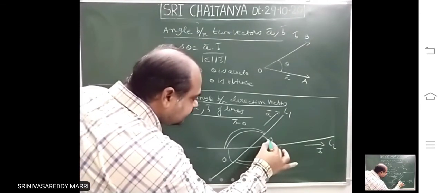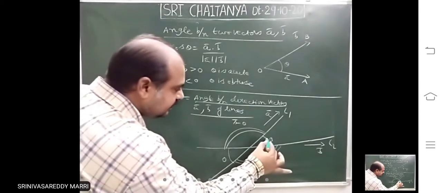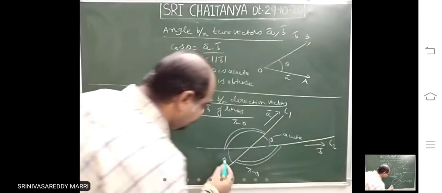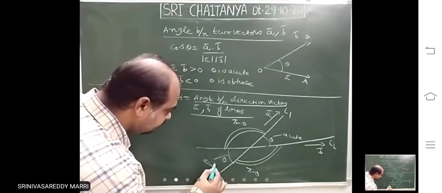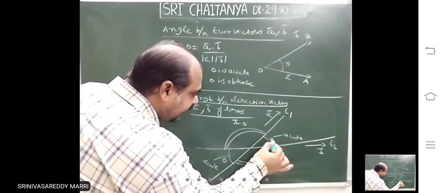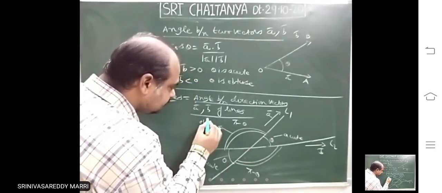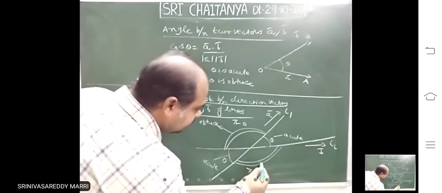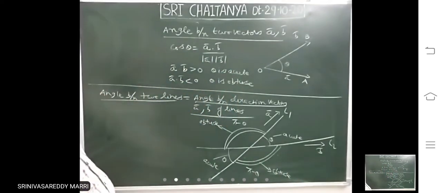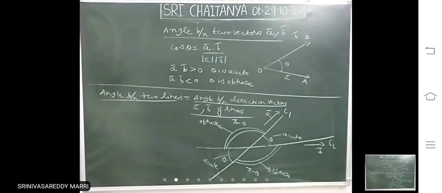Now look at it, there will be two angles. Here only one angle will be there because they are fixed directed line segments. Here two angles will be there. Suppose this angle is acute, then this angle will also be acute. These two will be acute angles. If this angle is acute, suppose it is 30 degrees, this will be 150 degrees. That means if one angle is acute, the other angle is obtuse. Like that, between two lines, two angles will be there.